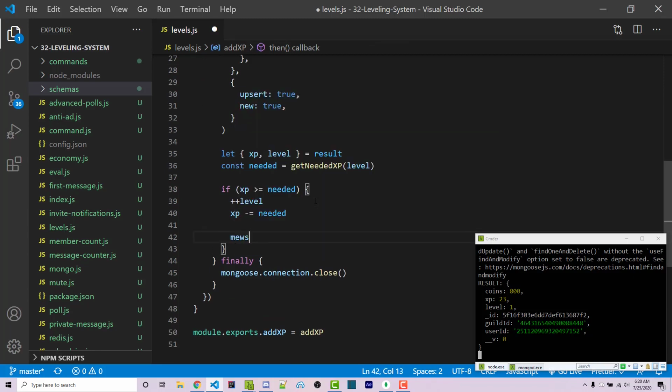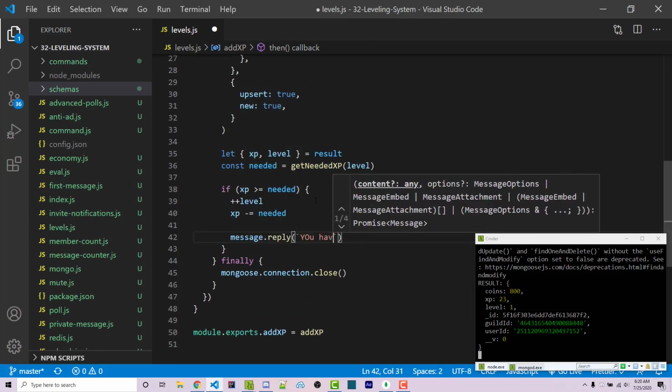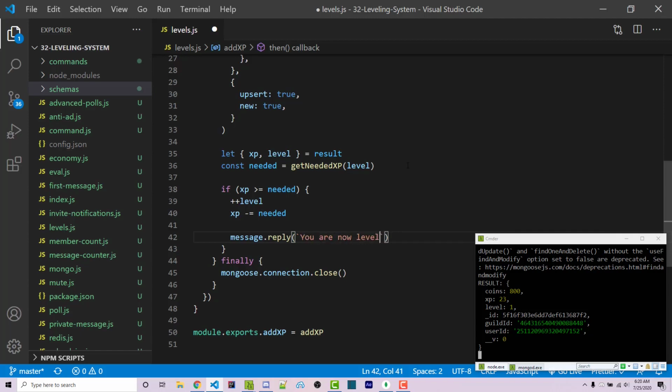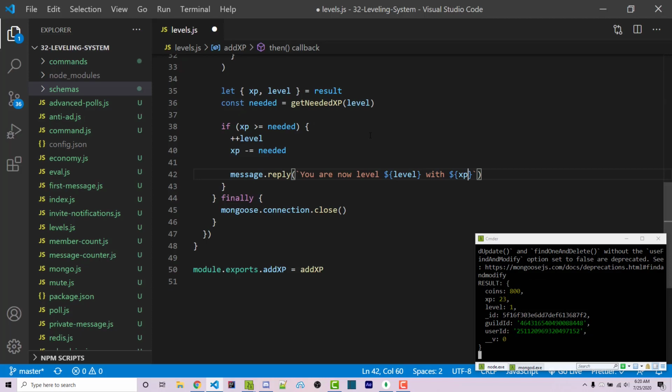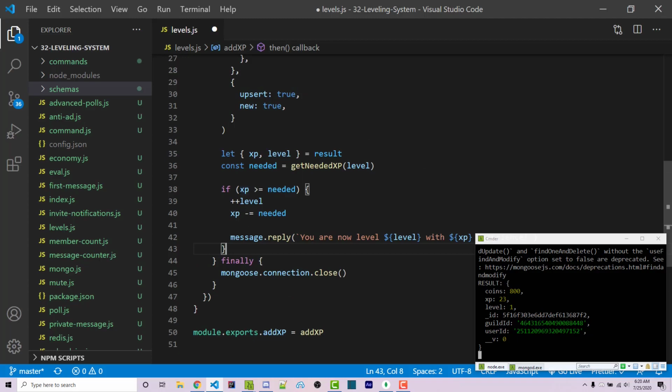So down here, we can say message.reply with a template literal. We can say you are now level, with XP experience. So now we actually notify the user, and now we need to save this new information to the database. You see this if statement is only going to change or mutate these values if we actually leveled